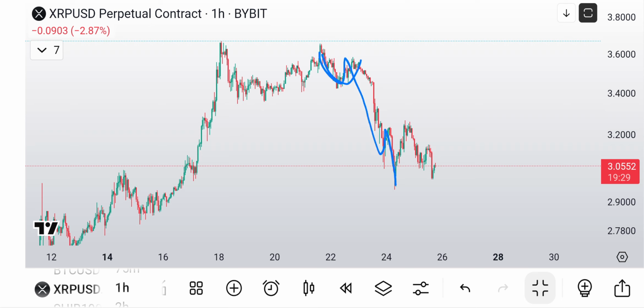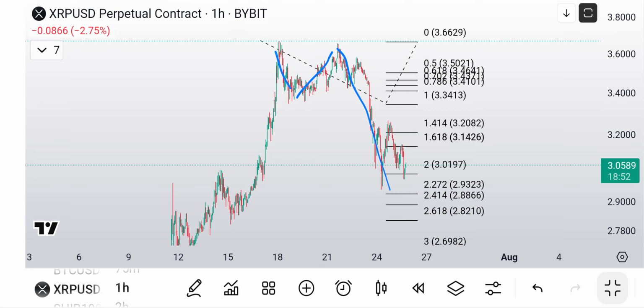You can see we went below the 1.618, which is not that good. We don't want to do that. And we landed way down here at the 2.2s and the 2.4s. So that means it's like twice as big as wave A, and that's kind of normal in an expanded flat,